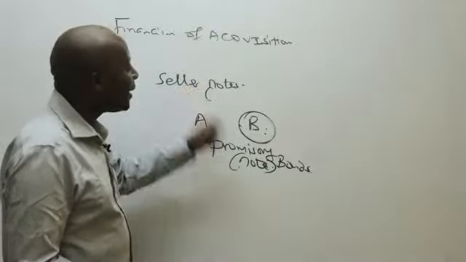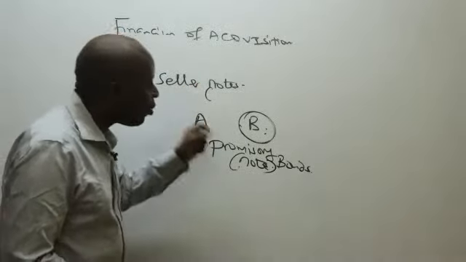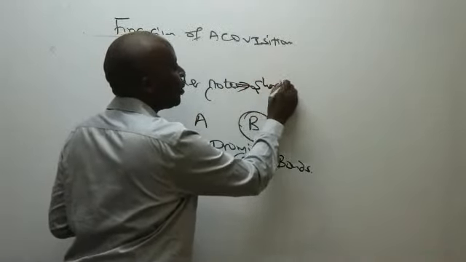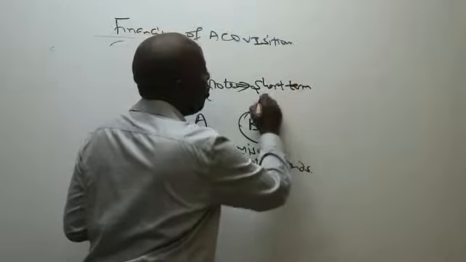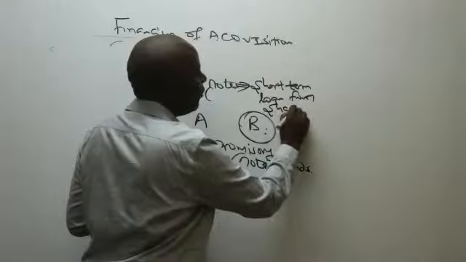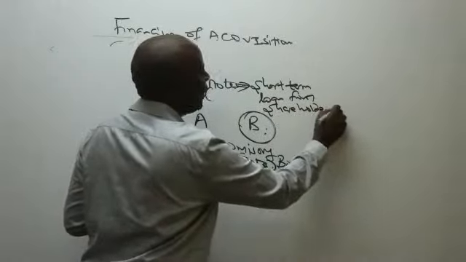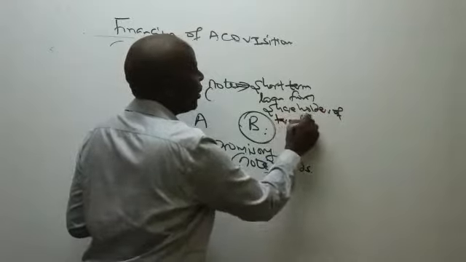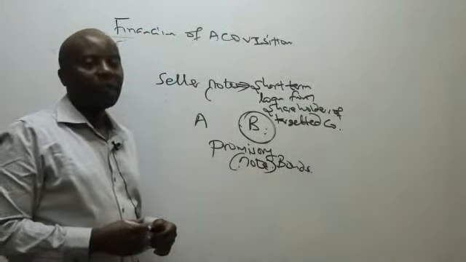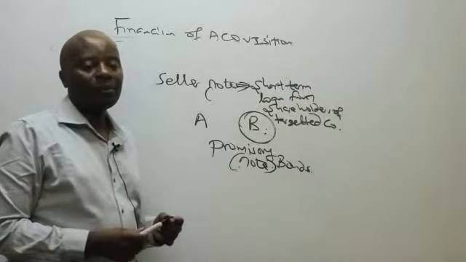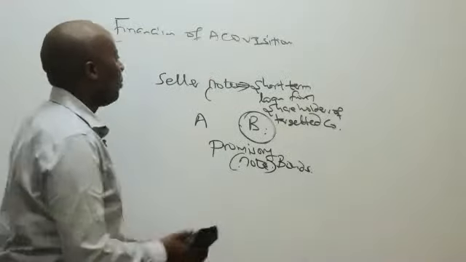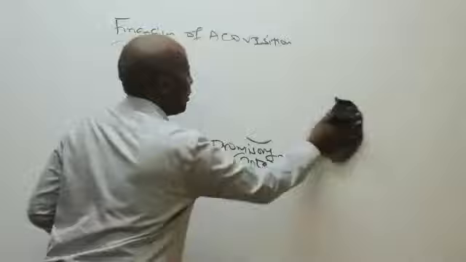So basically we are getting a loan from shareholders of B. It's a short-term loan from shareholders of the targeted company. Seller notes. Now, ladies and gentlemen, if you allow me, I'll go to the next concept,